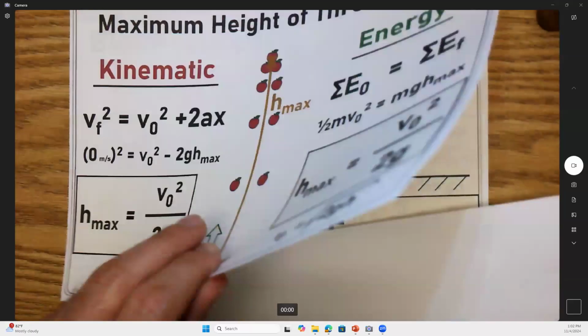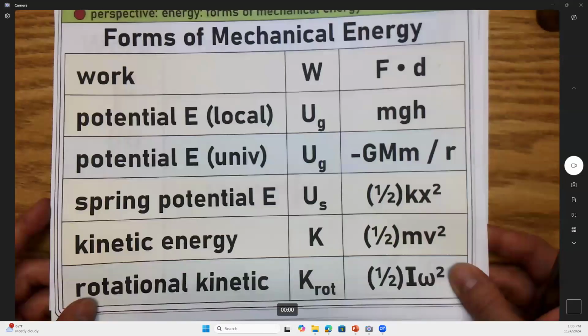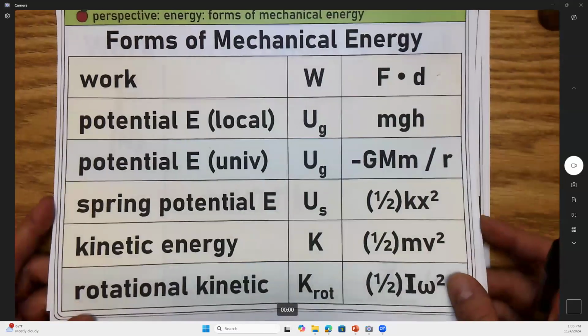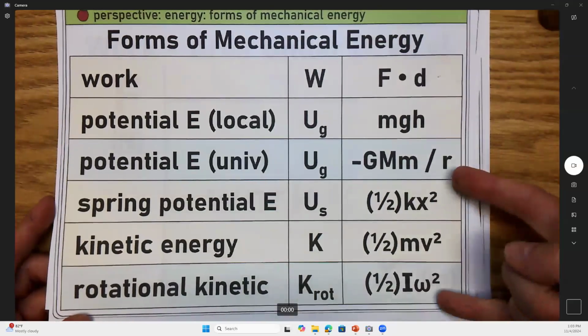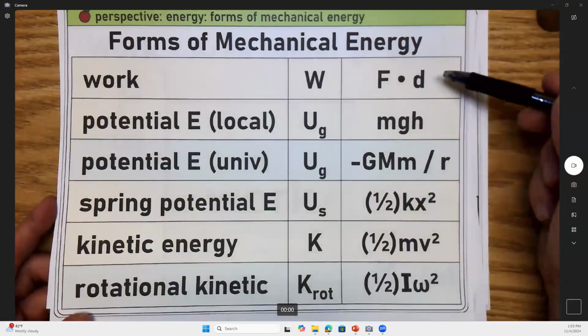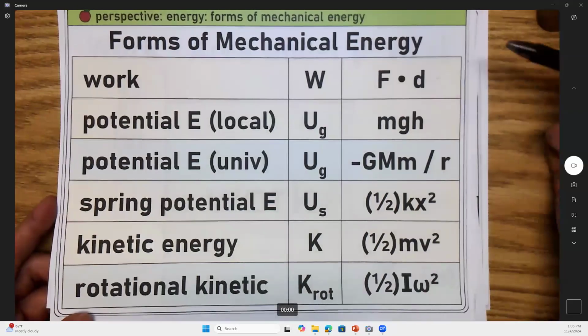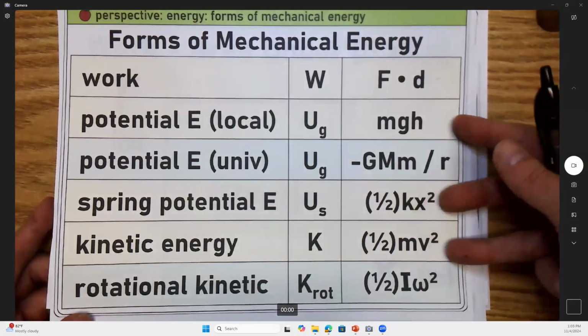This next one's fun because it has all the main forms of mechanical energy that I care about. Let's go back to this checklist here. Again, we'll be solving lots of puzzles the next couple weeks. Here are your building blocks that you care about. Not so much the green ones, but I'm going to mostly focus on the gold ones. Let's do a quick review. So work is force times distance. That can be an energy transfer. But if you're setting up a conservation of energy, it really narrows down to these three.